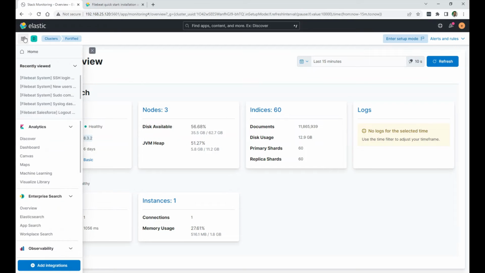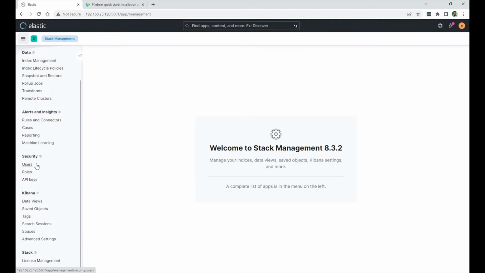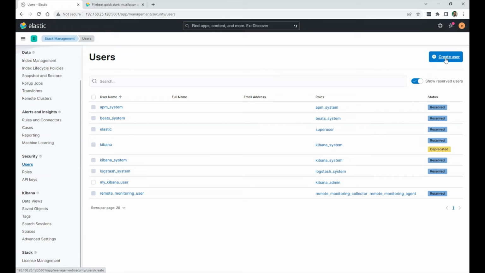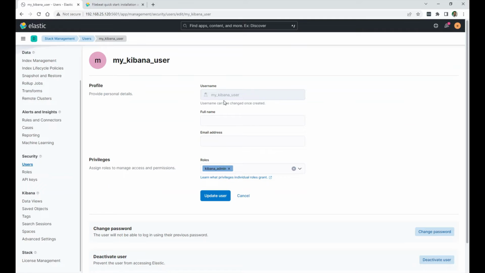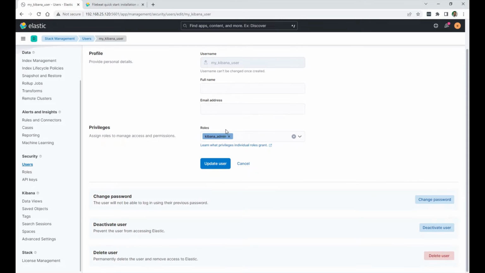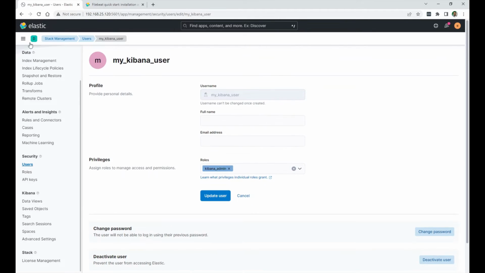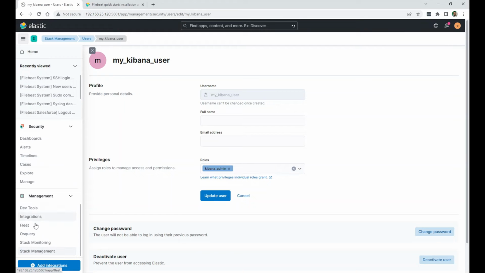So what I did to connect to Kibana, I went to the stack management, users, I created a user. I just called it the same thing as in the documentation, my Kibana user, and I gave it this built-in role, Kibana admin. So I'll just go here, I'll just edit. So you put the username, give it the password, the role, you just select it, it's a built-in role, and you save. Now I have that user,